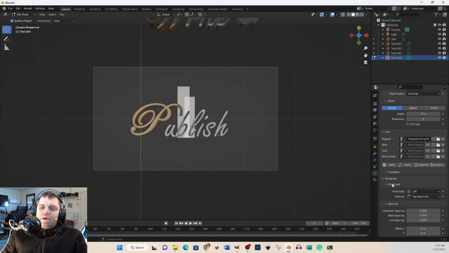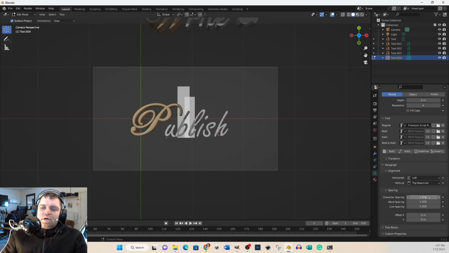So you can do that by doing the alignment and spacing. So the character space right here, we don't want to do all of them. So there's a little trick here that you can do with Blender. If you hold down Alt and right and left button,